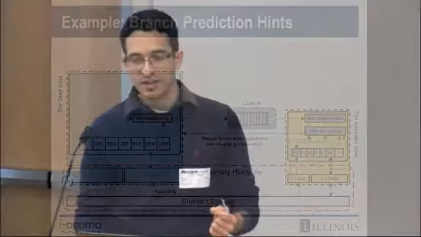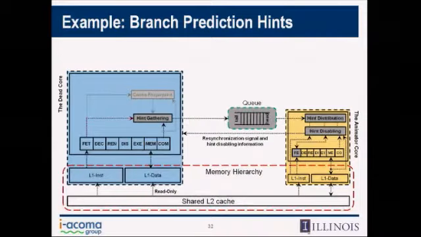Okay. So here, for the sake of time, I will skip over cache hints and I'll go over the life cycle of a single branch prediction hint in our system. Whenever there is a branch prediction update in the dead core, we send a signal to the hint gathering unit and say, generate a new hint. It's going to look into the queue. If the queue is full, it's going to stall, meaning that the dead core is already too far ahead of the animator core and it does not need to generate any new hints.